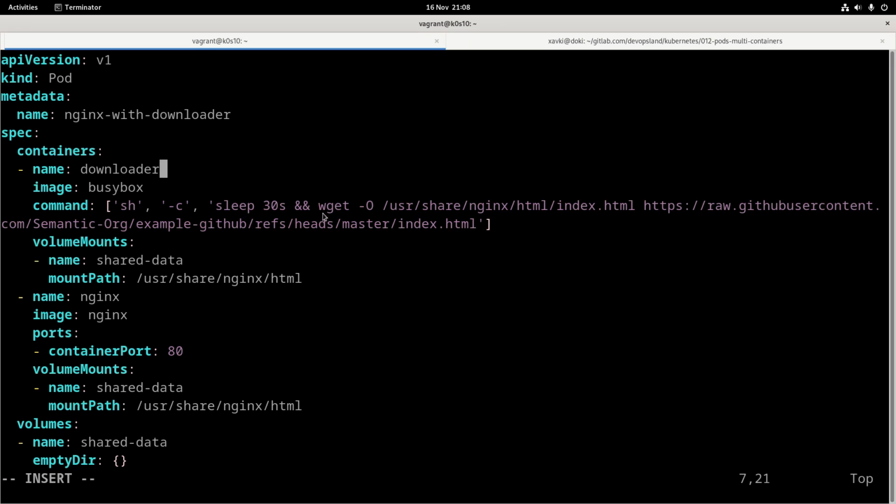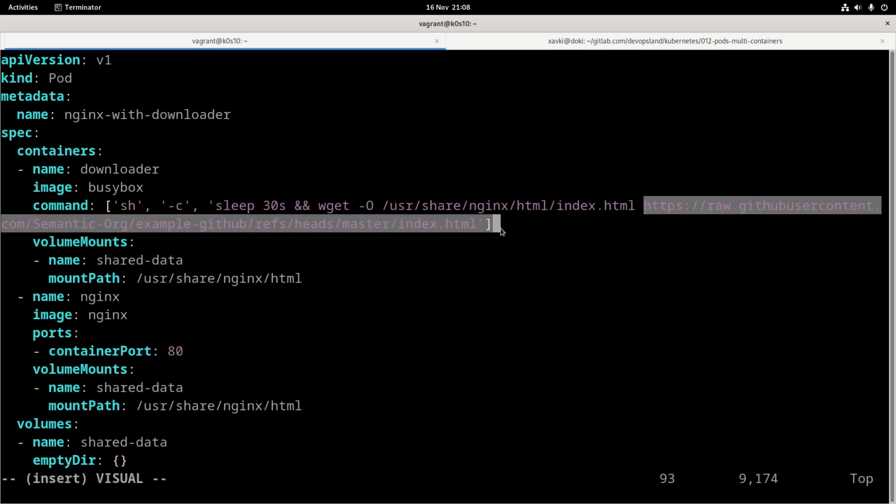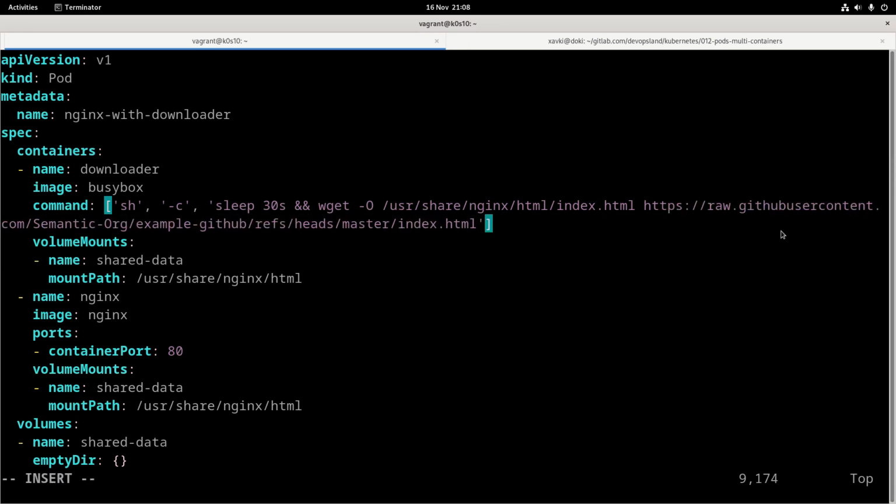After those 30 seconds, we just run a wget, and we download a specific index.html page stored on githubusercontent.com. So this is just a snippet, and after that we have an output, and we want to store this file into /usr/share/nginx/html/index.html.